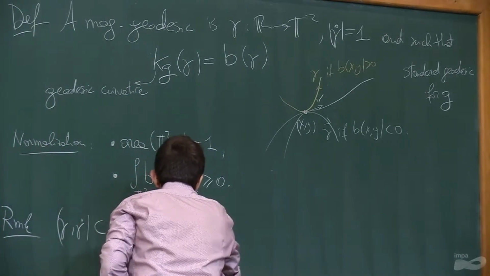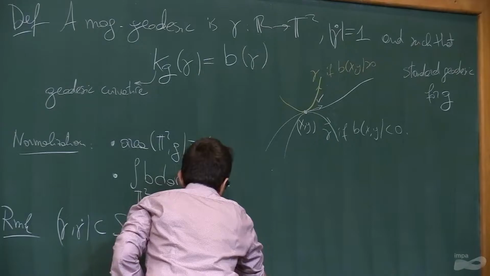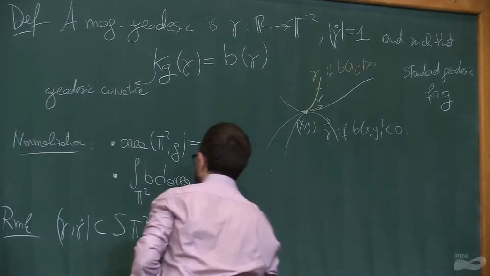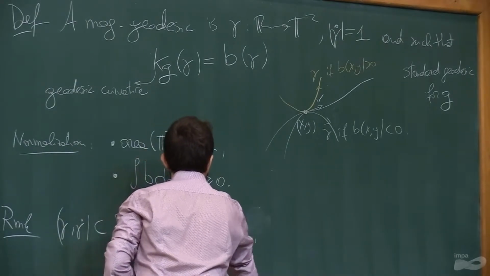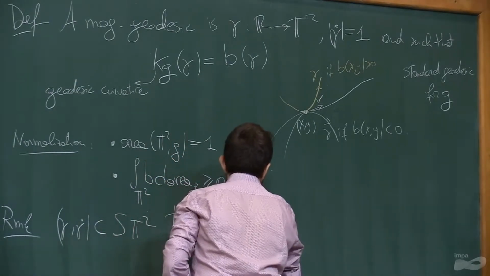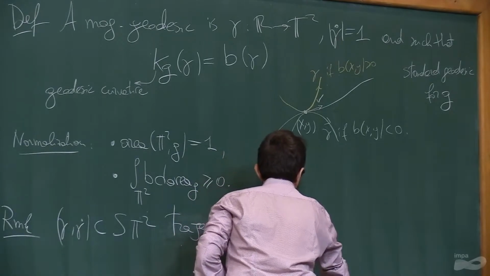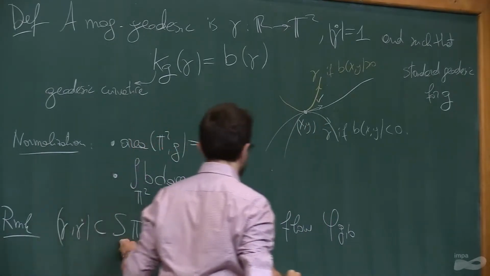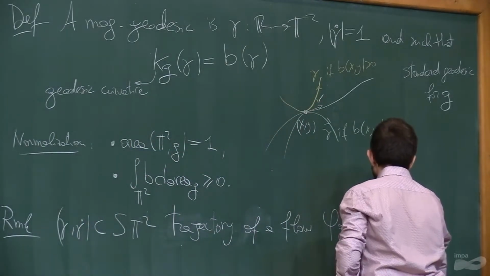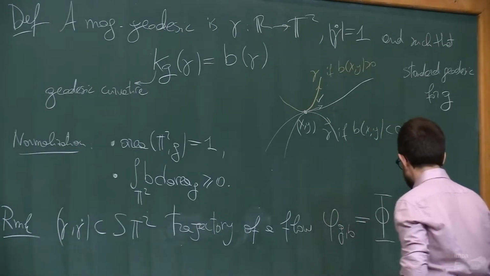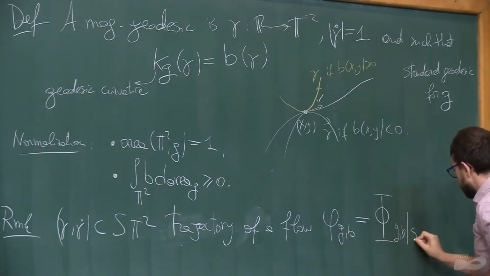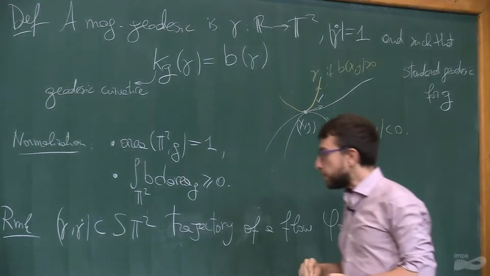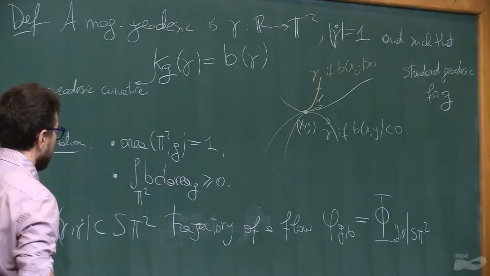This is a flow line, or the trajectory, of a flow phi GB on the unit tangent bundle, which is the restriction of a bigger flow, capital Phi GB, which is now a Hamiltonian flow on the tangent bundle of T2,